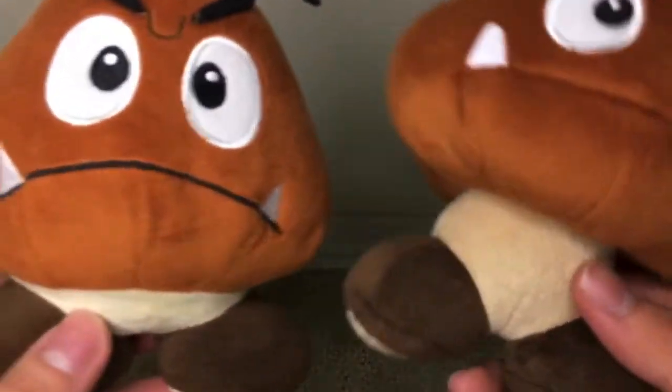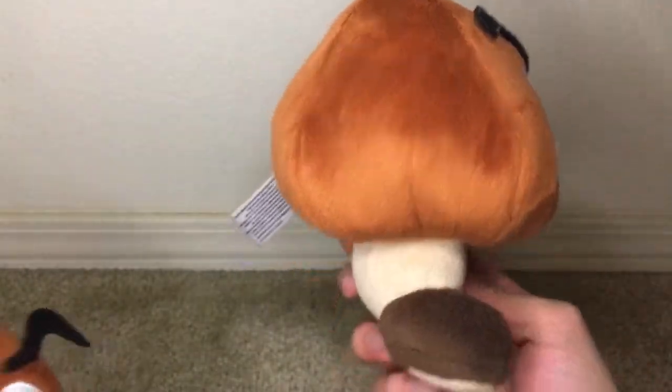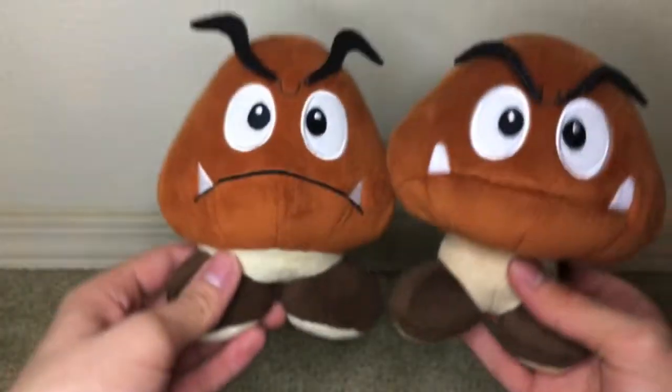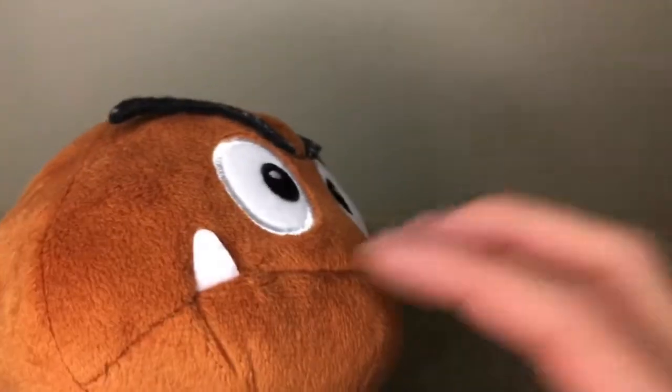So yep, now let's compare it to the newer All-Star Goomba to point out some differences. So first off, this one is taller, as you can see, and its mushroom shape is more defined on this one, because on this one you can barely tell it's a mushroom in the first place, but this one looks like the mushrooms you see growing out in your garden. So that's pretty nice. This thing also has beads in it, just like this one. It has a bigger stem compared to this one, so you can see how much bigger the stem is on this one. For some reason on the All-Star one, it feels like they put cardboard in this. I don't know why they did that,